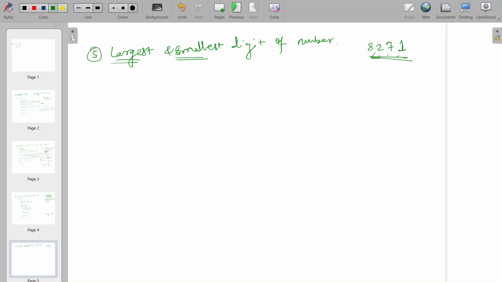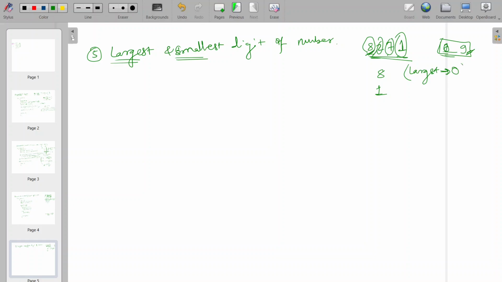These are the digits. For each individual digit, I would say the largest is the 8, and the smallest is the 1. How did we find out? If I consider the largest value of a digit, it will be 9 only, and the smallest digit will be 0 only. This is basic maths. But what we need to consider while writing our program,